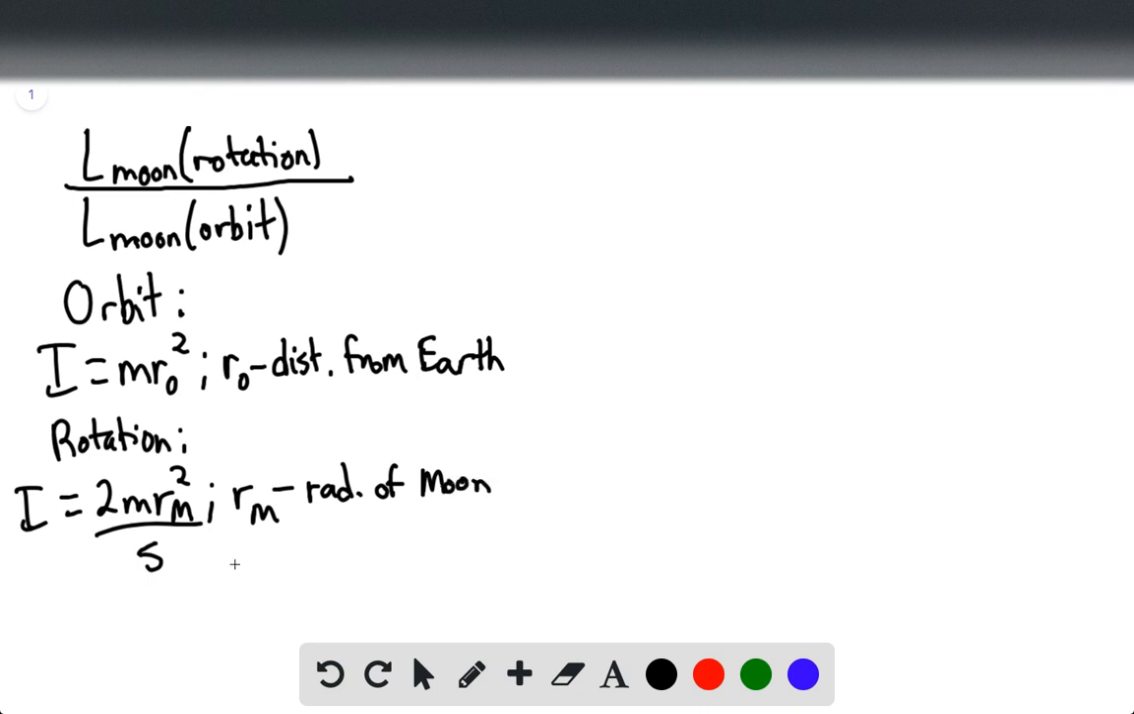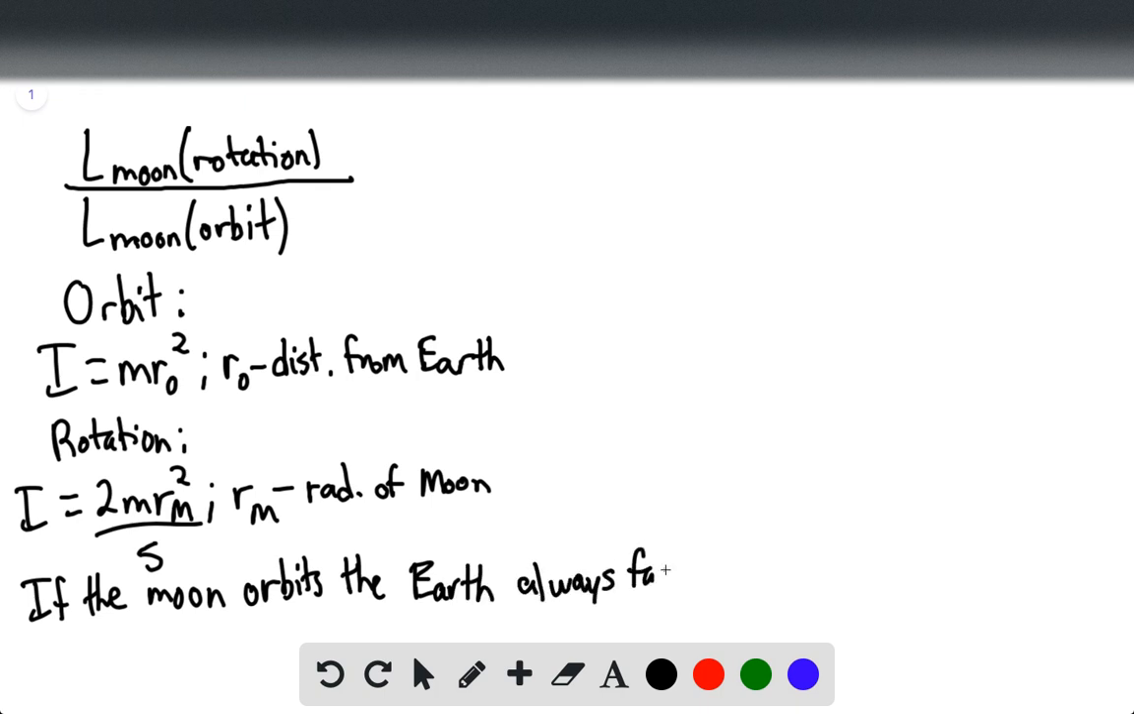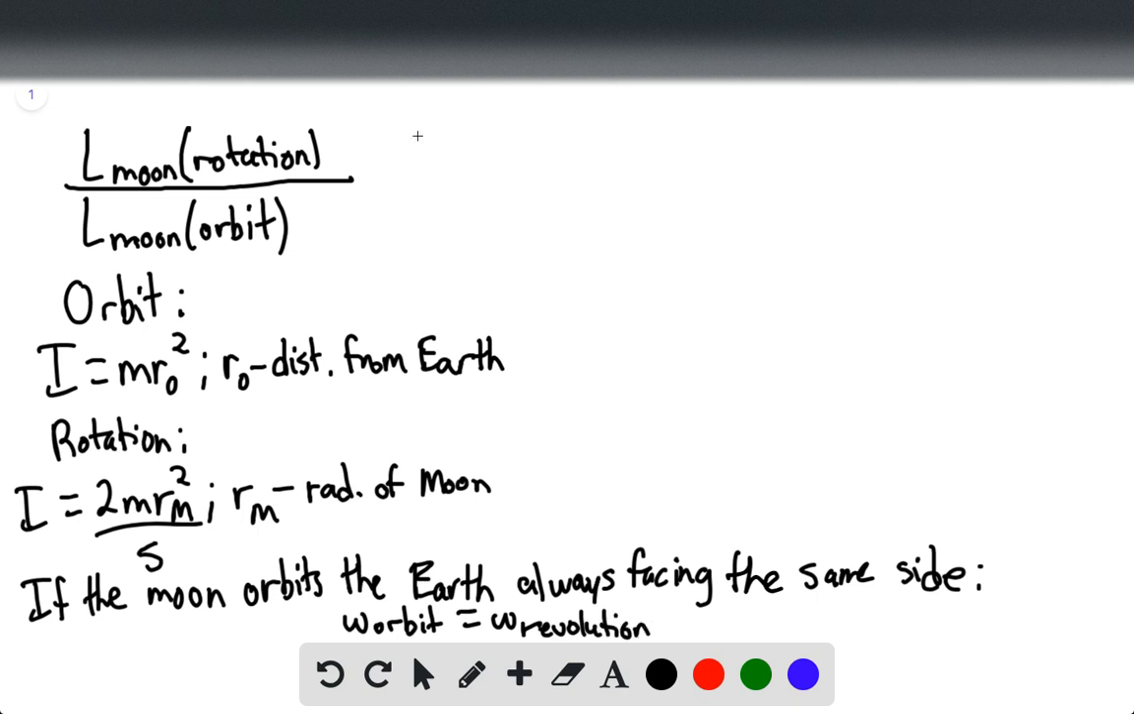So we have to realize that if the moon orbits the Earth always facing the same side, this means that the angular velocity of the orbit equals the angular velocity of the rotation. So that means that when we do this, this is going to equal